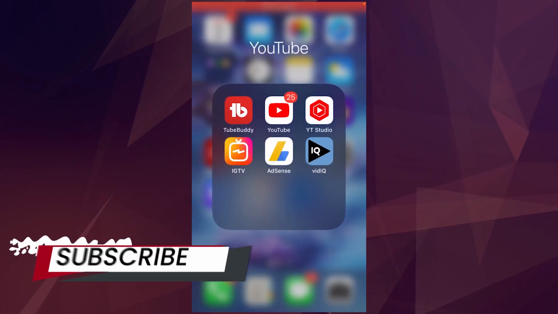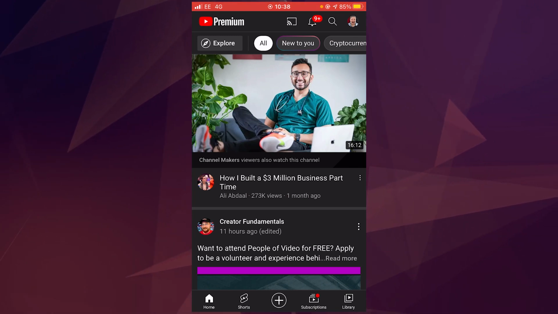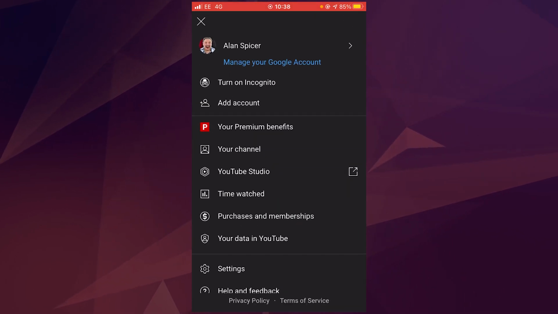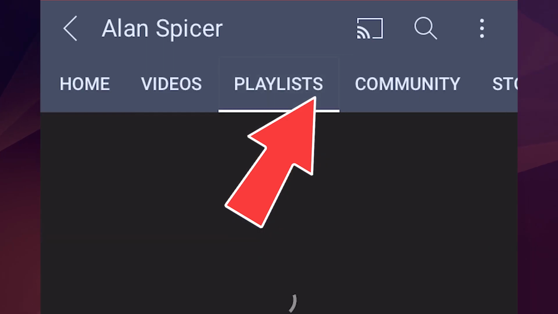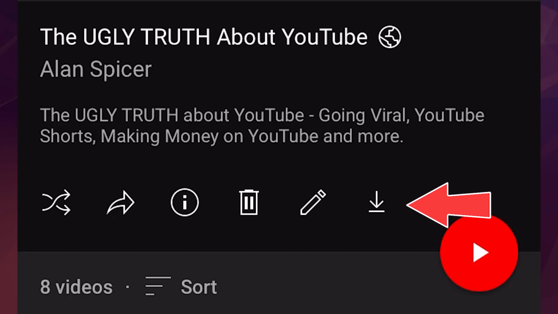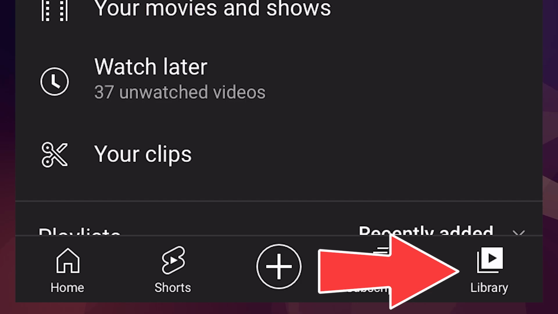Okay, so you launch the YouTube app, you go to the channel that you want to download a playlist from, or if you've got your own playlist, you would go to your channel, click on playlists, find the playlist that you want to download. So in this case I'm going to use the ugly truth about YouTube, and then there is a little download icon right there, in which if you click it, it will tell you that it's being downloaded. The little circle icon goes round and round, and when you are done you will find it under library,